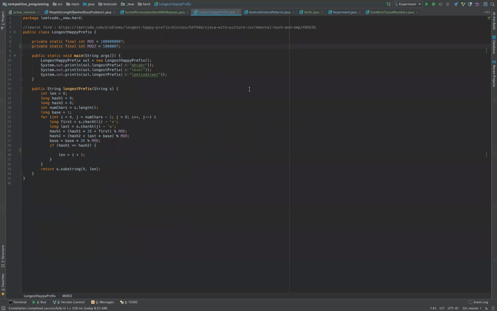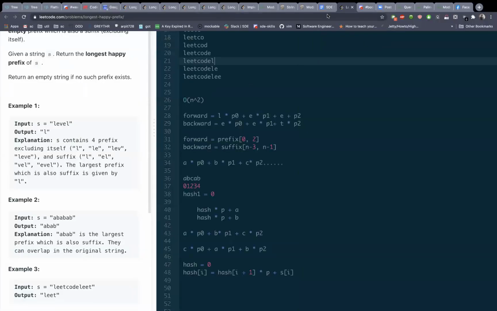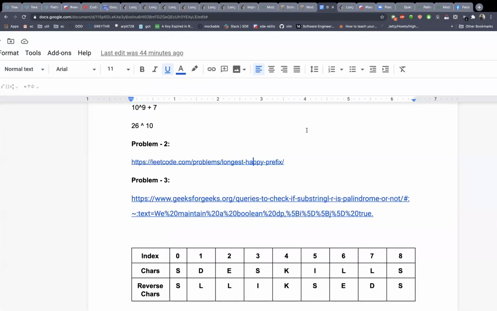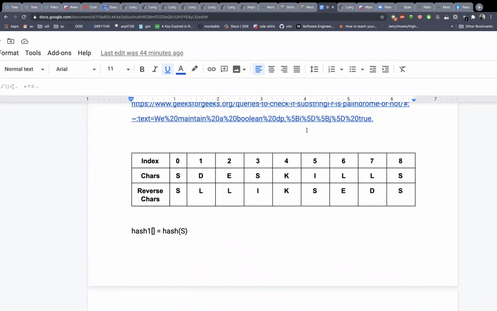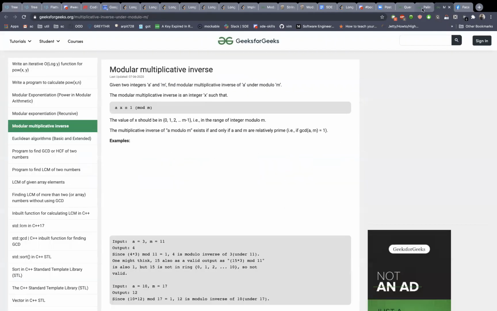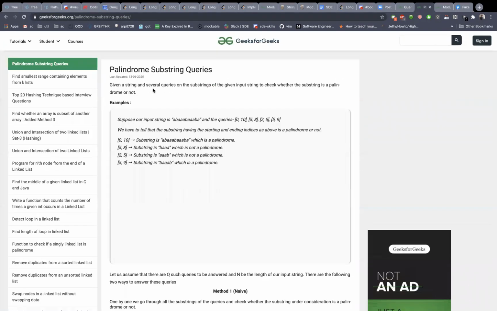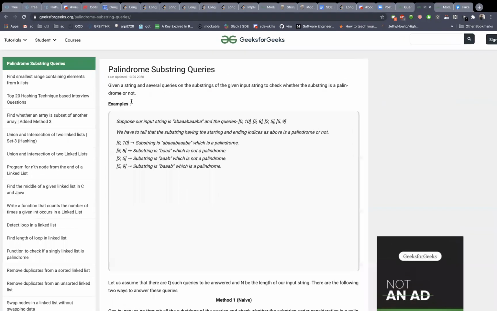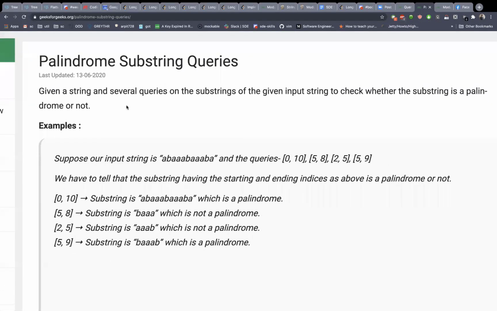So, is that clear? Yeah, I think so. I have one more problem. We will just discuss the approach for that problem, and I will leave it up to you to code it. This is a very interesting problem that I found. You are given one string. It's visible, right?